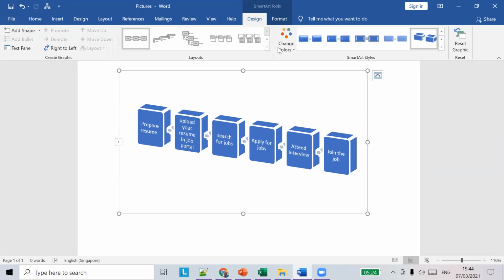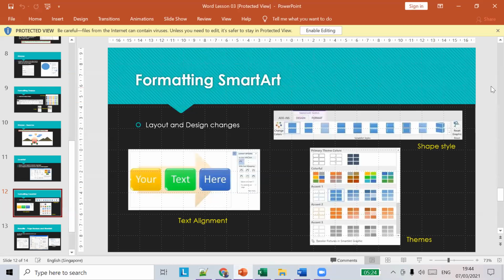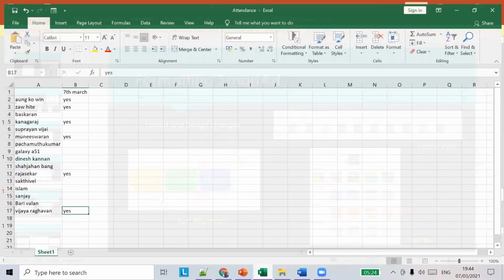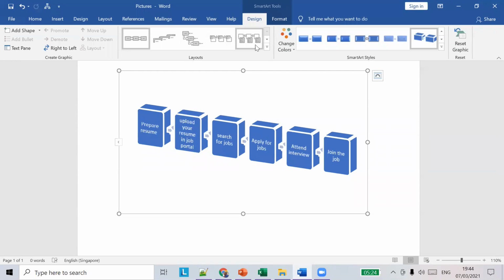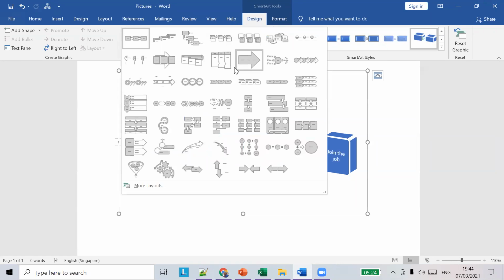So what else was there? Styles we saw. We had to see themes. How to do themes?